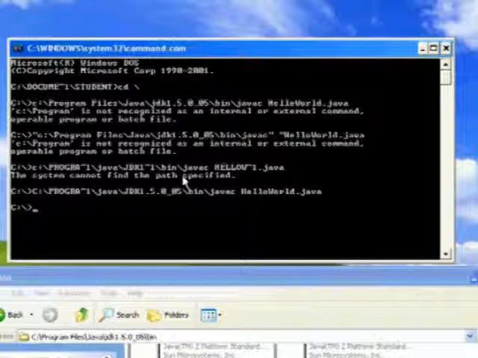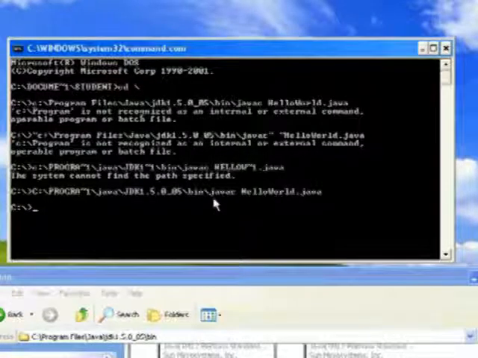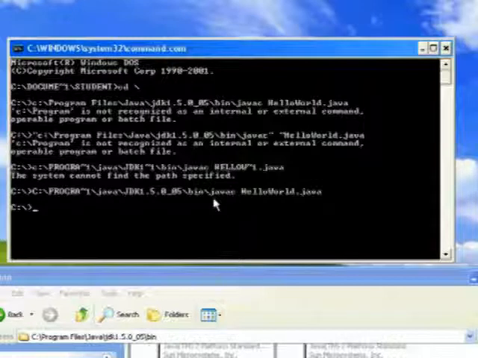Well, if you get a system cannot find the path specified, you made some mistake in typing this in. Because mine did work. Now, nothing happened that you saw. It did actually work, because it is now compiled. I now, to run it, need to run Java and then the file name. So C://